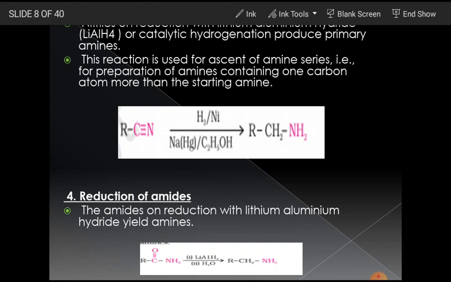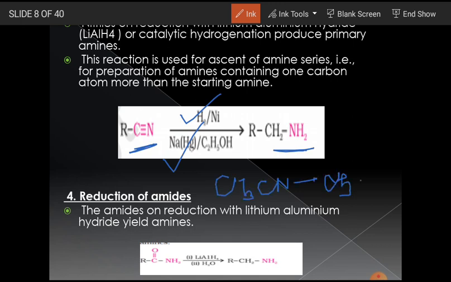Whenever we have nitriles, we have to use hydrogen in the presence of nickel, or we can use sodium amalgam in the presence of ethanol. Both of these can convert the CN group into CH2NH2 group. So here, if we have CH3CN, it is converted to CH3CH2NH2, right? So here we have 2 carbons and here also we have 2 carbons, right? But see here,